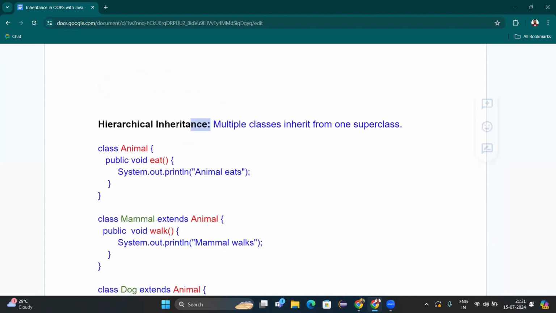and this is the last one which is supported by Java, and the other two are not supported. We will see in the inheritance chapter how we can implement them using the interface. Okay,